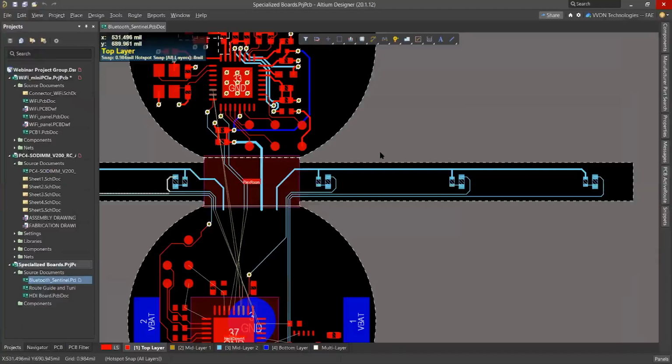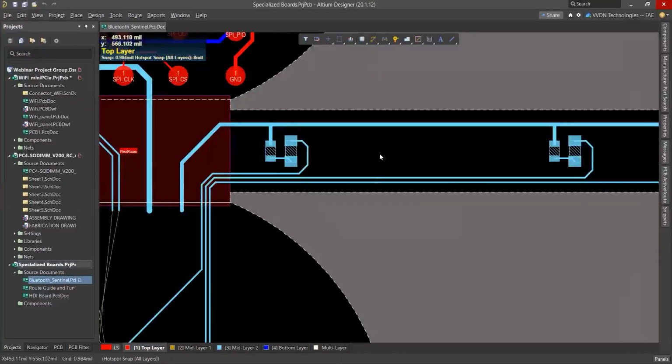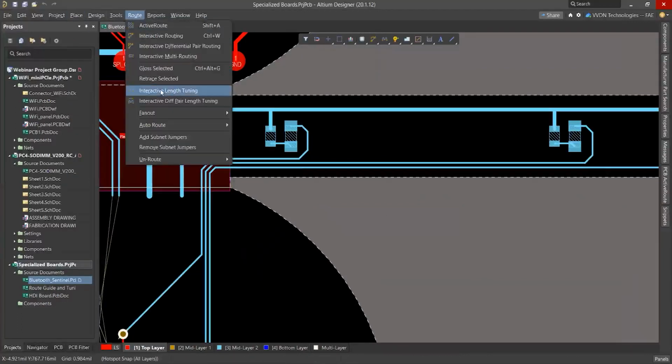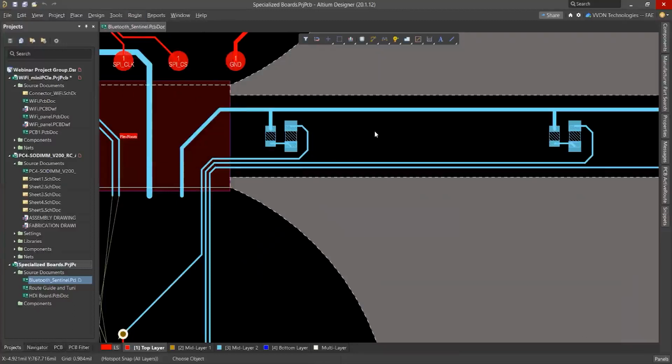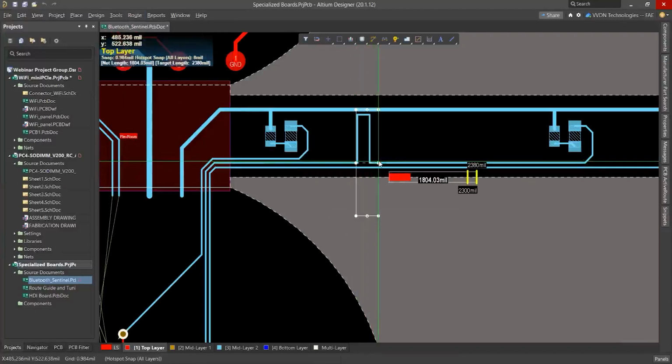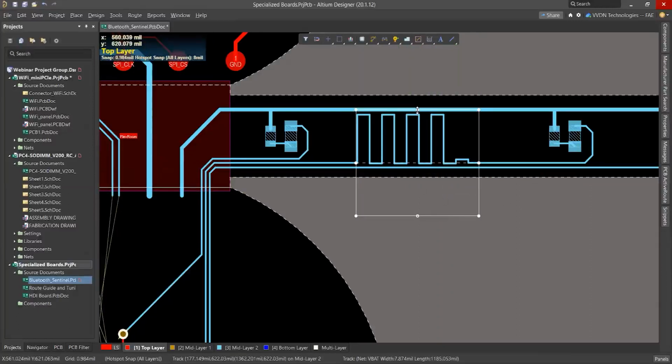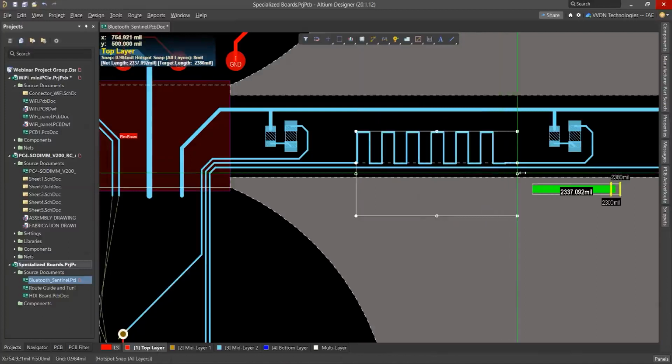Okay. So here you can see for these tracks, under the route option we can select interactive length tuning. Okay. So after that you can select its track, and we can do the length tuning like that. We can choose, and if you want to decrease this one, it will show like that, and here you can expand.